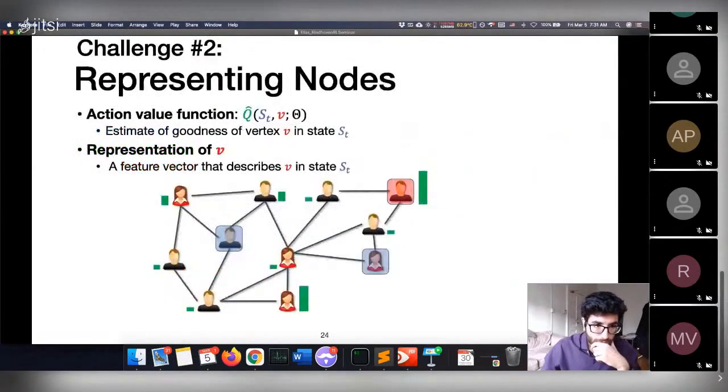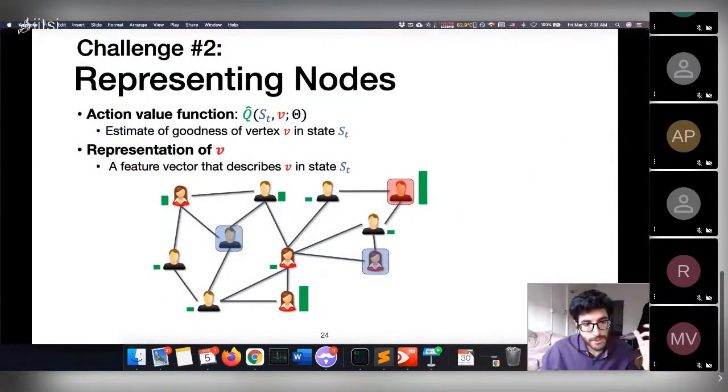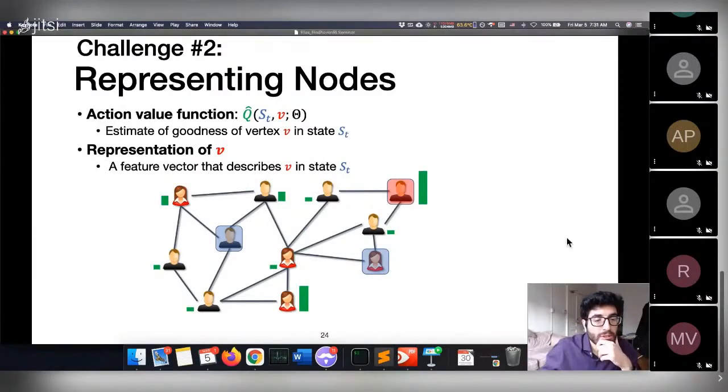Now, the second challenge besides learning is representation. You want some features that will allow you to say, this is a good action, this is a bad action. In our case, we were using the Q-learning framework, and so we were thinking about an action value function, Q hat, of the form